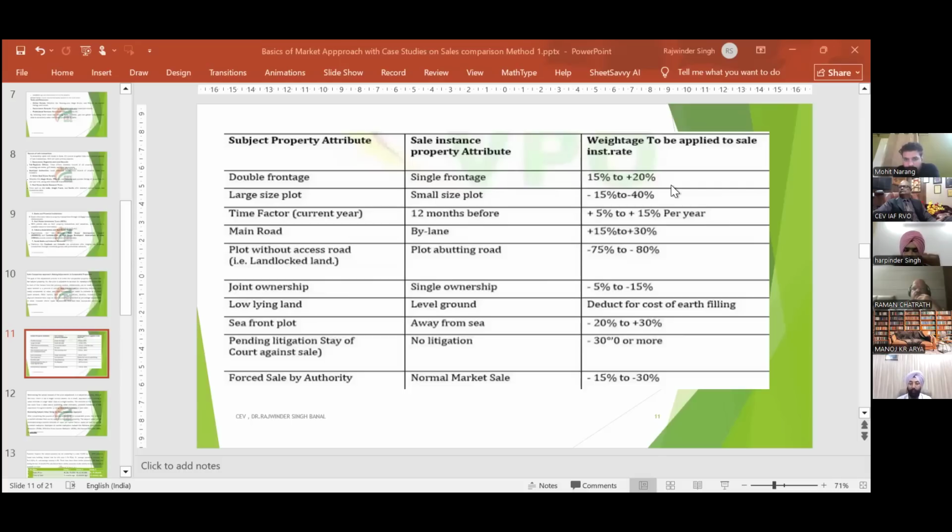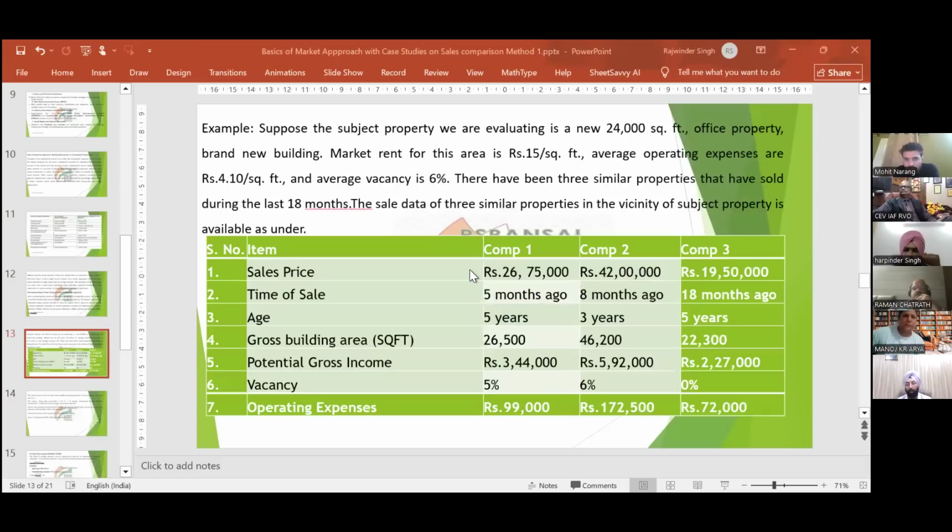So we will be reaching there. Just hold on. These are just thumb rules. Okay, we will go to the next part that will make things clear to you. We will take an example. This is the sales comparison approach. This example will make many things clear, how you can play with the data you have collected. Basically, this method